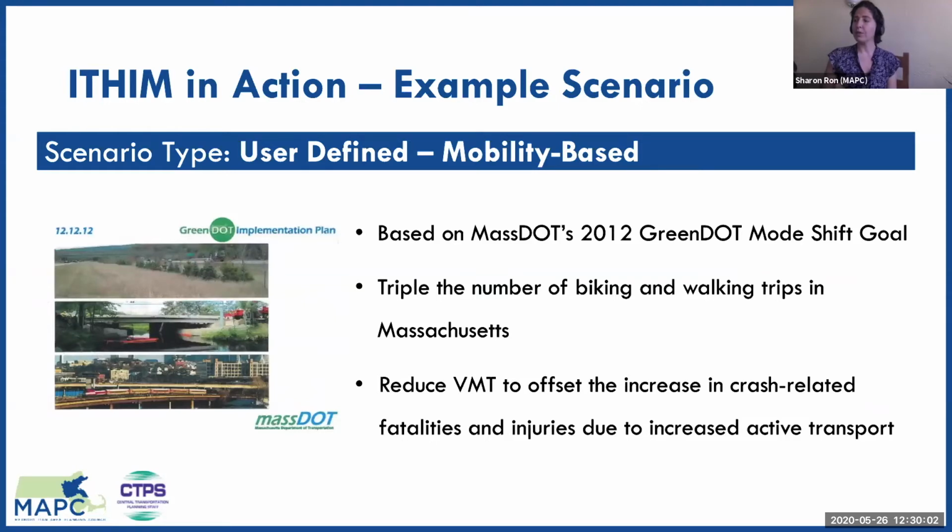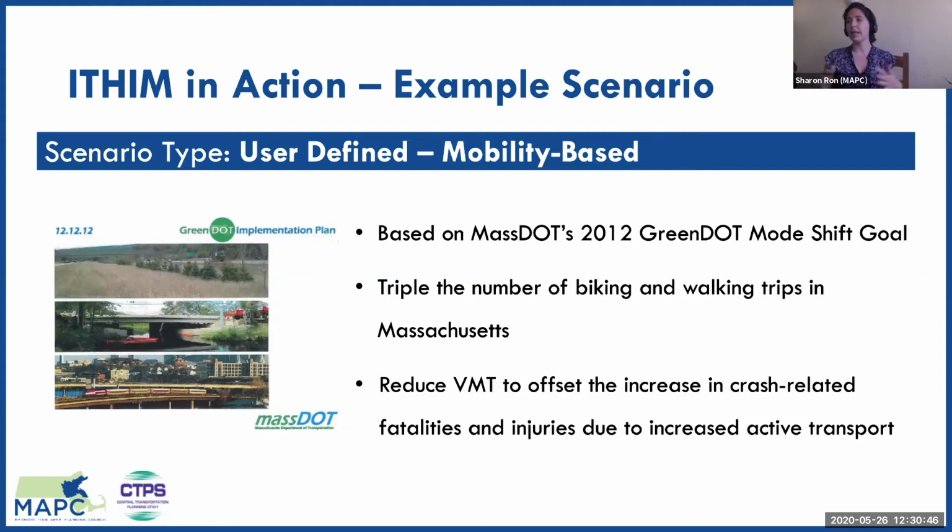So this is setting us up for moving into ITHIM about what are the inputs that we are putting into our model. We are adopting the MassDOT's 2012 GreenDOT mode shift goals. Specifically, we're looking at what the impacts are on morbidity and mortality if walking trips were to increase by a multiplier of 3. And the last bullet point is speaking to within ITHIM, you have the opportunity to adjust the percent of car miles that are substituted for other modes when you're increasing them in this way. So we could look at a scenario where 100% of those bike and walk trips are replacing car trips,